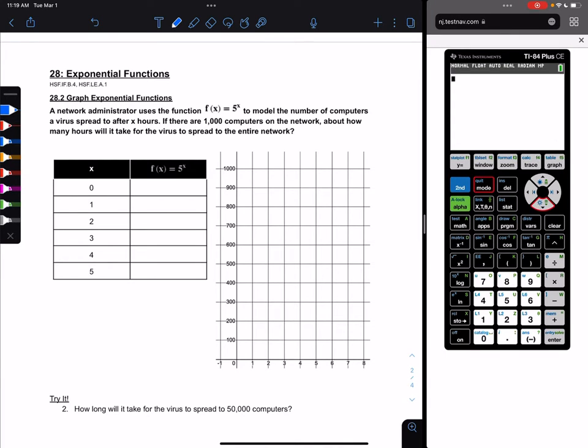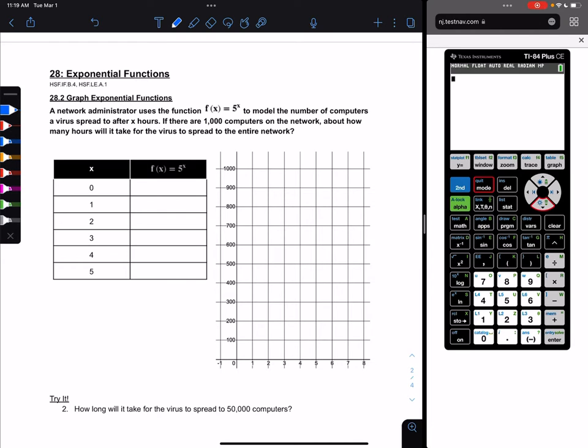Here we're going to look at topic 28, example 2, graph exponential functions. So we're told a network administrator uses the function f of x equals 5 raised to the x power to model the number of computers a virus spread to after x hours. If there are 1,000 computers on the network, about how many hours will it take for the virus to spread